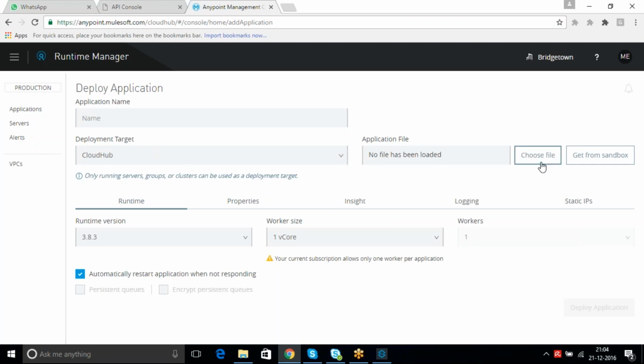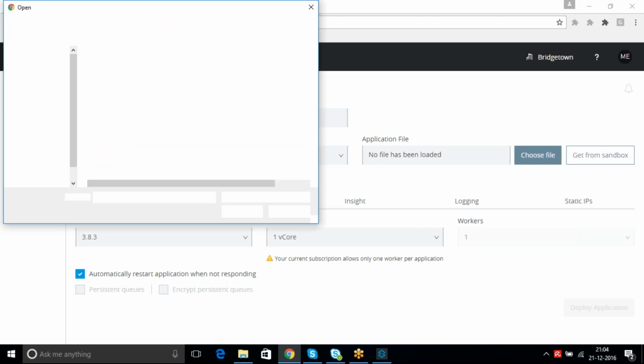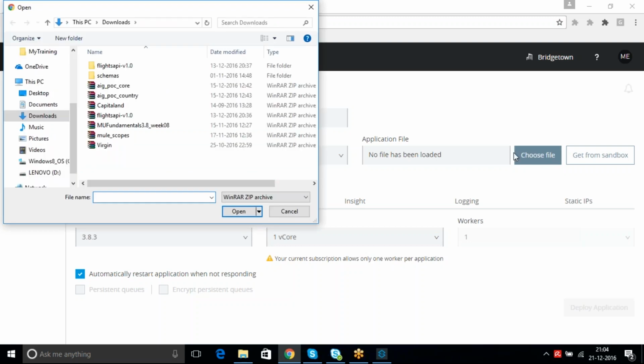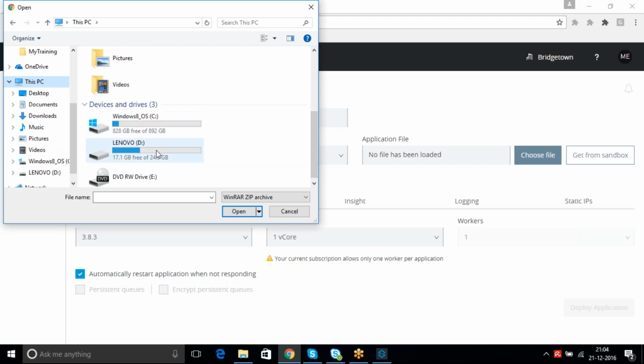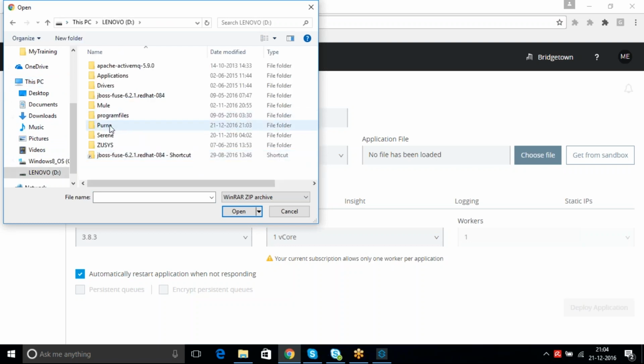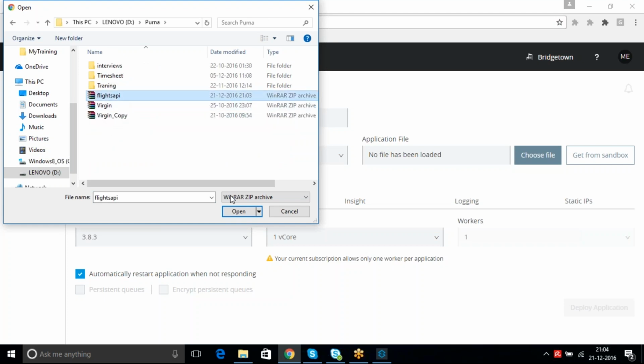If you click on Choose File, it will ask where your application is. Our application is inside my folder, so I can go there and select it. Like that you can select it and deploy the application.